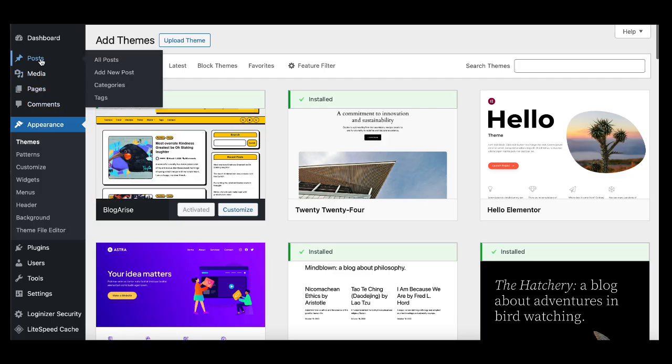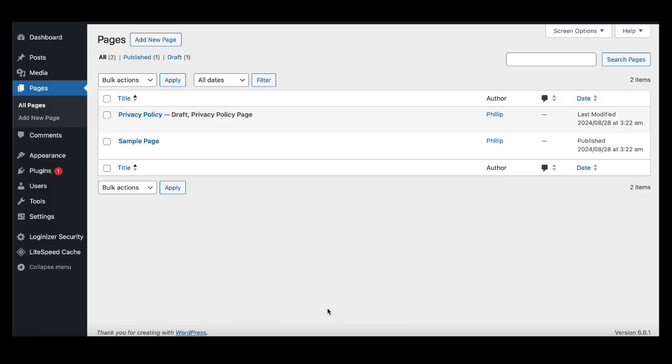Now let's go to pages. You can look at this. Here is the section for pages. This is different than posts. You can use this to make a specific page if you have the need, for example, a landing page or a squeeze page, somewhere where people can enter their information if you're giving them a free ebook or something like that.